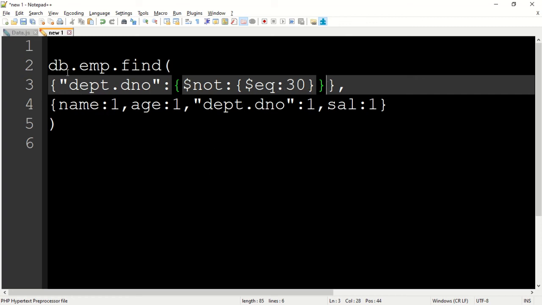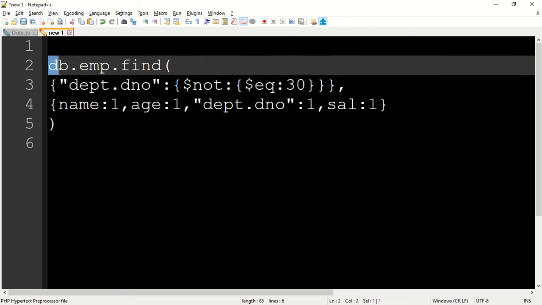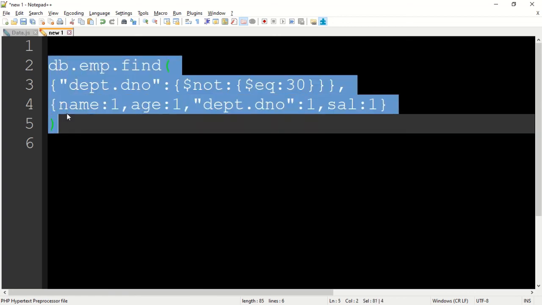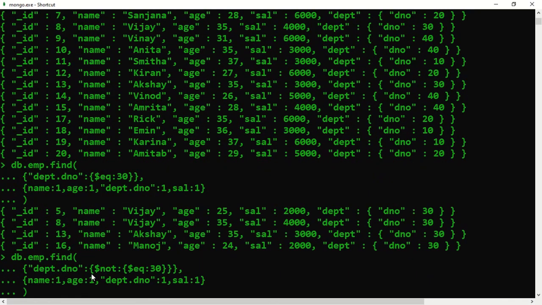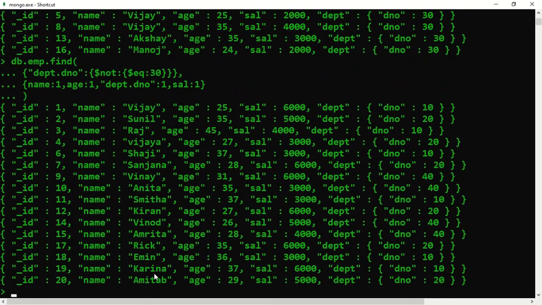Let's see. So let's copy this from here, Control C, and we say right click. So not equivalent to 30 means maybe 20, maybe 10, maybe 40, anything other than 30.